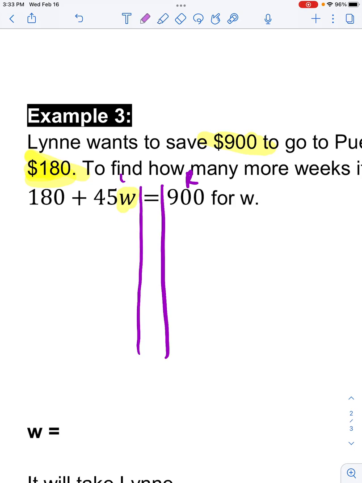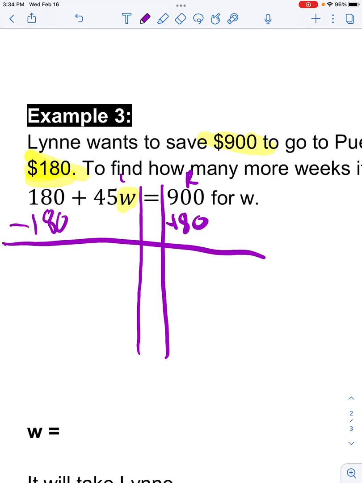The first thing I'm going to do is say, all right, my goal is to solve for W. My goal is to get W by itself. Well, I need to go PEMDAS backwards. So I'm going to start by subtracting 180 from both sides. I believe this is going to cancel out. I'm left with 45W equals